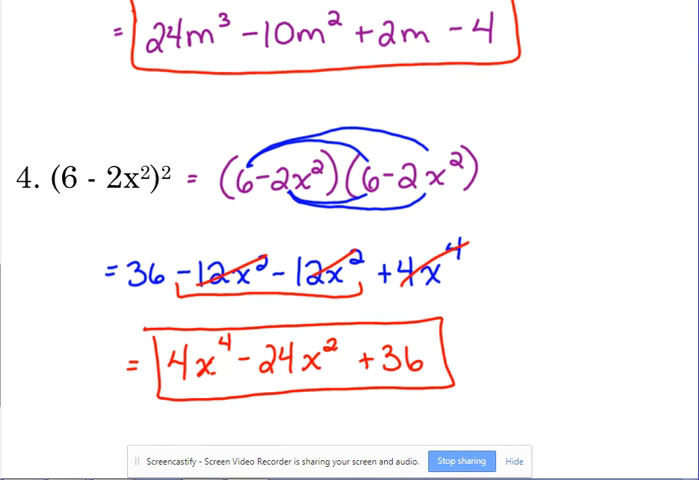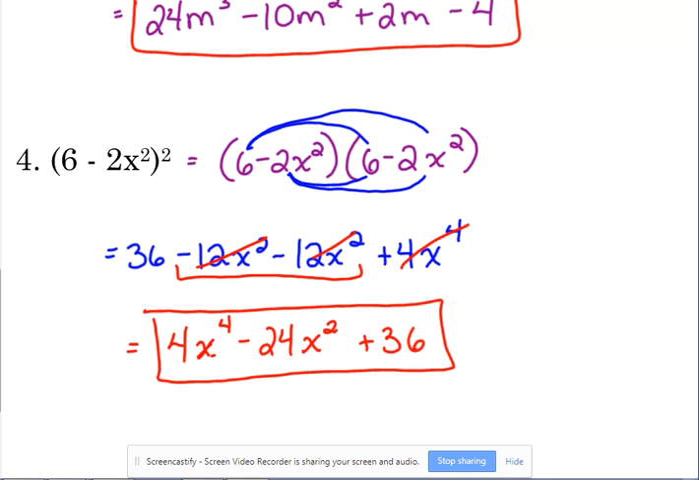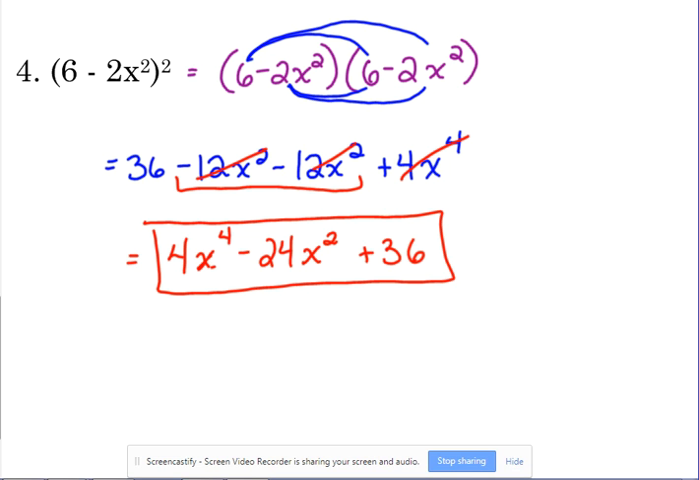Now probably, let me make sure my 6 doesn't look like a B. Probably on a multiple choice answer choice, since 6, the constant, came first, they're probably going to put it in reverse order. The 36 and the 4x to the 4th will probably be flip-flopped there. It really doesn't matter. Standard form to me is preferable with the highest exponent first. But technically, as long as your signs are correct, and the 24 has to be negative, and the 4 and 36 have to be positive, then it really doesn't matter what order you write the answer. In the grand scheme of things, the order really doesn't matter. Okay, so let's